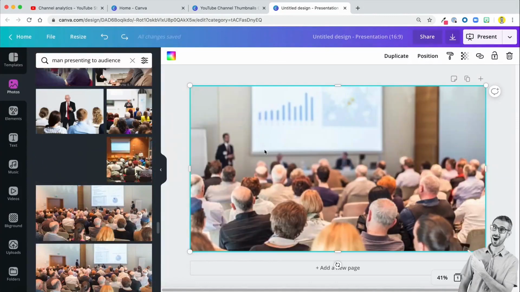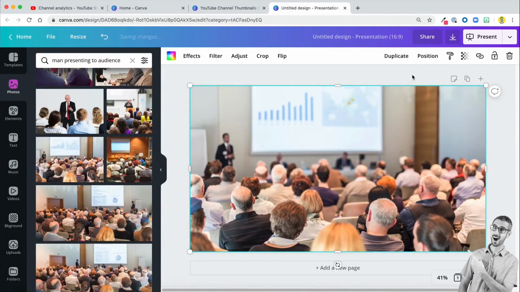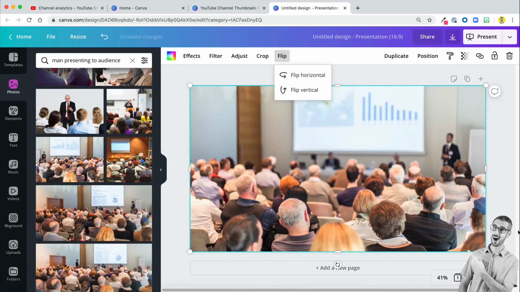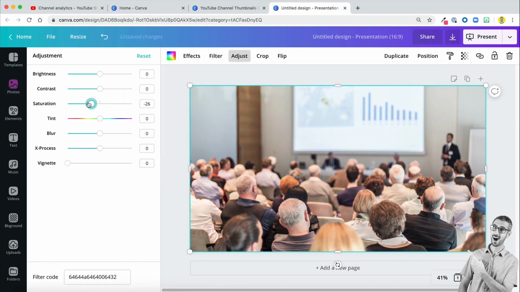Okay, I'm going to go with this one and I will try to flip this. Okay, this looks good. Now, of course, I need to work on that photo right here. So I'm going to click on it, go to adjust, and I will start by desaturating. And I will also decrease the brightness and add a bit more contrast. So now I can start